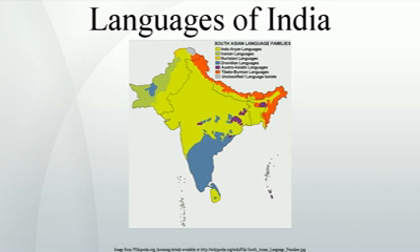Language families. The languages of India belong to several language families. The largest of these in terms of speakers is the Indo-European family, predominantly represented in its Indo-Iranian branch, accounting for some 700 million speakers, or 69% of the population, but also including minority languages such as Persian, Portuguese or French, and English as a lingua franca. The second largest language family is the Dravidian family, accounting for some 200 million speakers, or 26%.